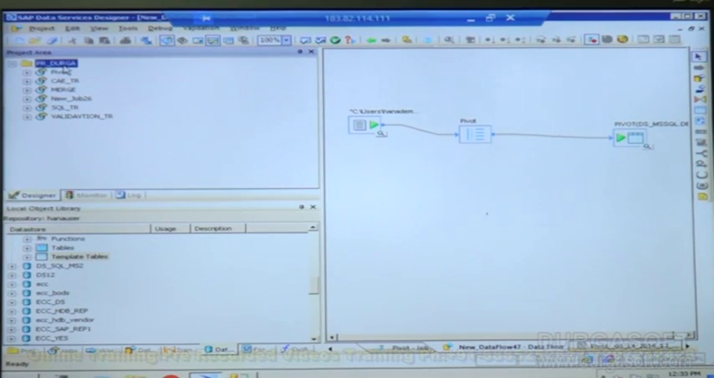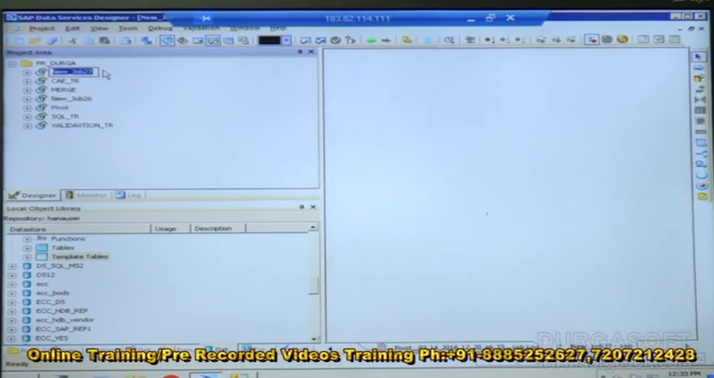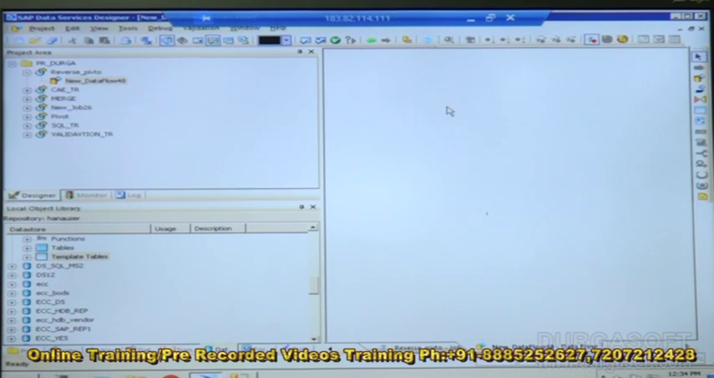For that I need to create a new batch job. The project is already there. So let's create a batch job. I'll give here reverse pivot, data flow, double click, and here we'll go with a